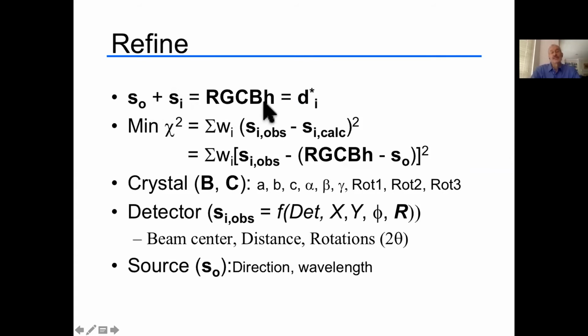So refinement is to run the equation that I gave you earlier. By doing a least squares fit, we can take the observed scattered beam wave vector that we measured from our spots, subtract it from the calculated scattered beam wave vector that we know from our Miller index, our unit cell, and our crystal orientation, square it, multiply it by a weight, take the derivative with respect to each of the properties that we're interested in learning, and set that to 0, and we can do a minimization,